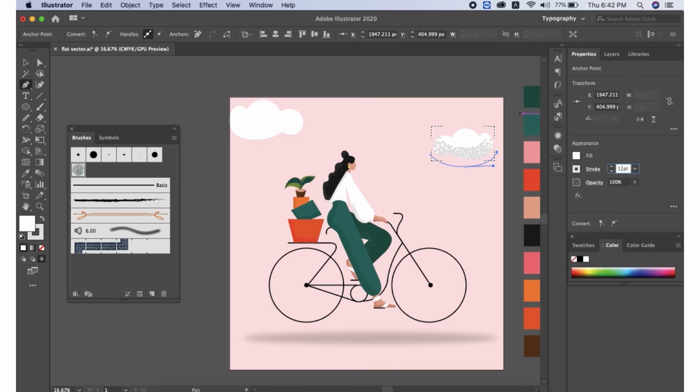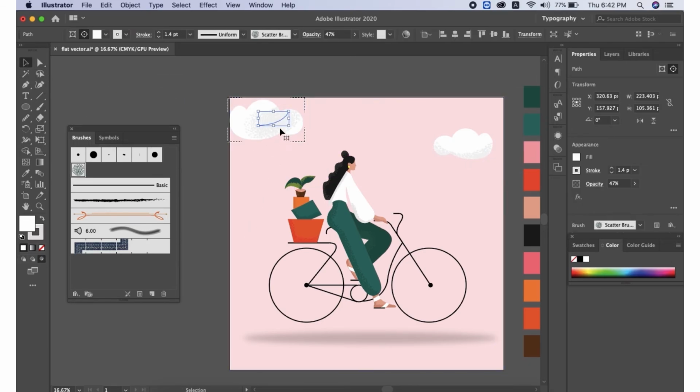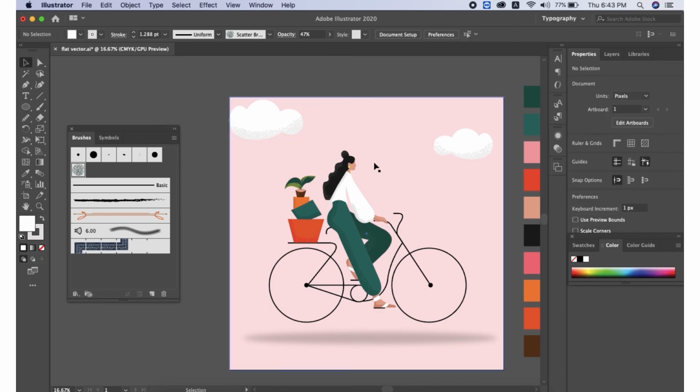I would also want to add another green effect to the clouds, so I'm adding a little gray tinge to my whiter clouds and lowering the opacity. You could do the same. You can always reduce the stroke size so that the grains also become a little smaller. And yes, that's it. You can additionally do one thing. You can add a bit of shadows to the elements and give a nice 3D look to it.